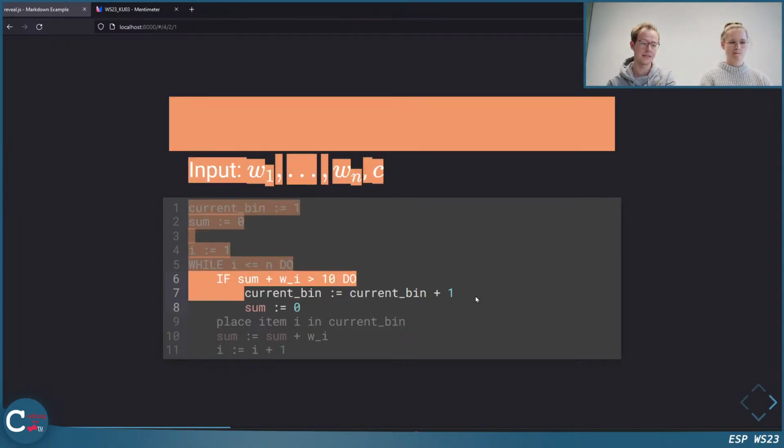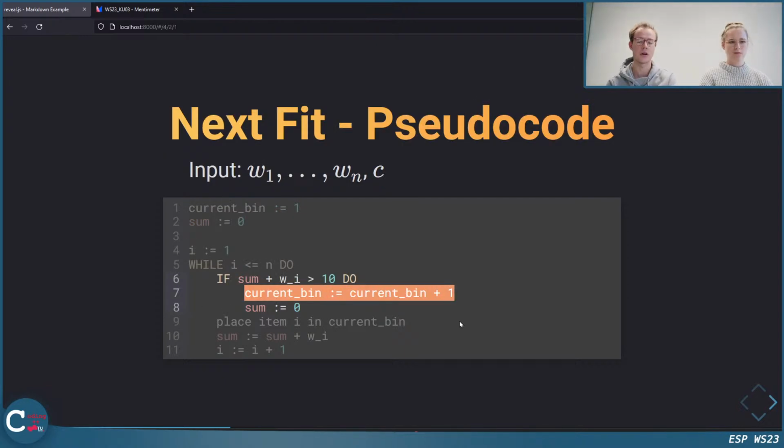So we increase the count of the current bin, going to the next bin, and set the sum back to 0 because nothing is in the bin at this point. With this if statement, we have the guarantee that we can place the item in the bin that we're currently at, either because the sum was not larger than 10 or because we went to the next bin.